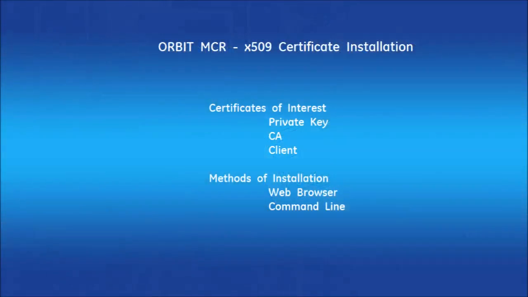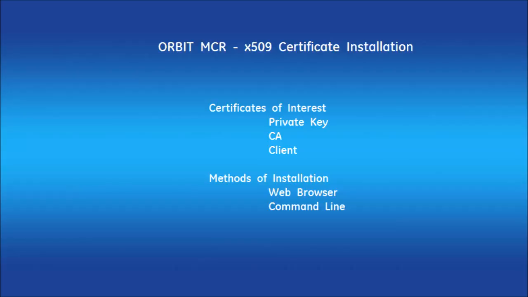We will be installing three X509 certificates. They are the private key, CA, and client certificates. All three are required for 802.1x device authentication. We will start with a web browser and show the various options available for installing the certificates, install a couple of certificates, and then switch to the COM port interface to finish installing certificates using the command